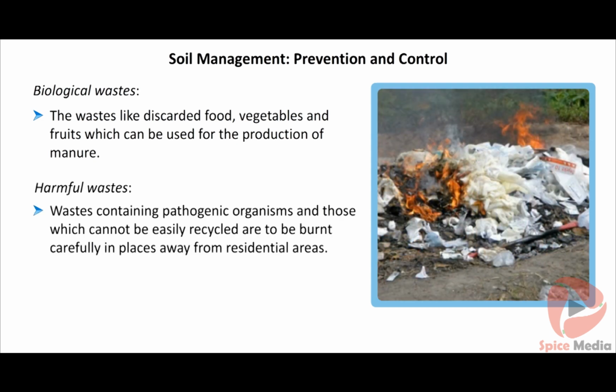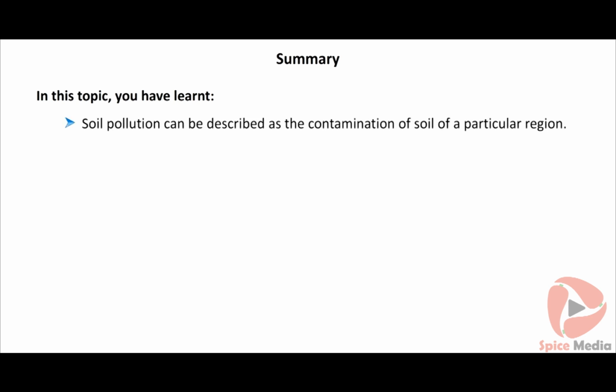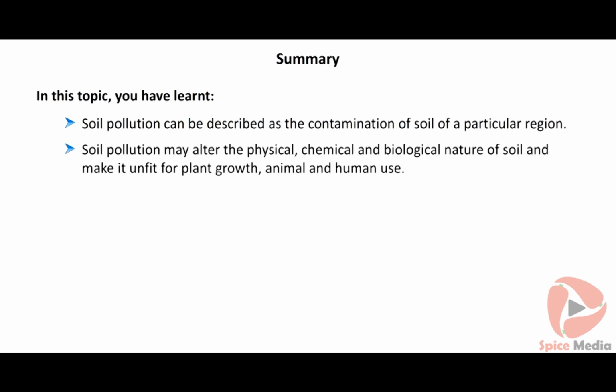Harmful wastes containing pathogenic organisms and those which cannot be easily recycled are to be burnt carefully in places away from residential areas. Thus, soil pollution can be controlled to a certain extent. In this topic, you have learnt soil pollution can be described as the contamination of soil of a particular region. Soil pollution may alter the physical, chemical, and biological nature of soil and make it unfit for plant growth, animal,